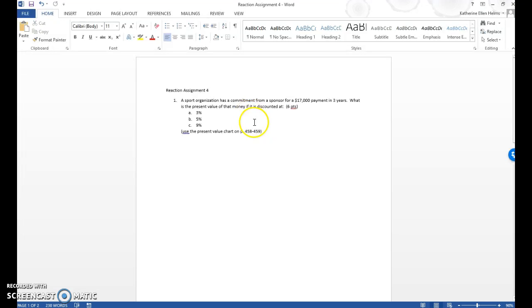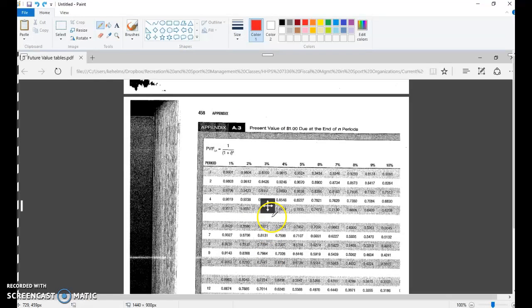So we're looking at number 1, and we're looking at the present value of money. So we're going to pull up that chart. Here's page 458, and we're looking at a $17,000 payment in 3 years. So what is the present value of that money if it is discounted at 3%? So when we flip to the present value of money chart on page 458 in the back of your book, and we look at